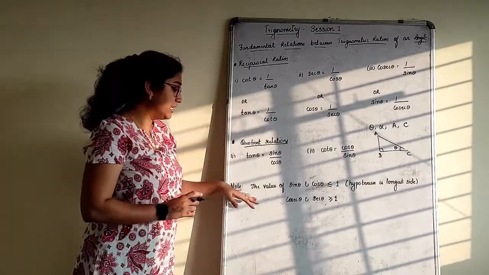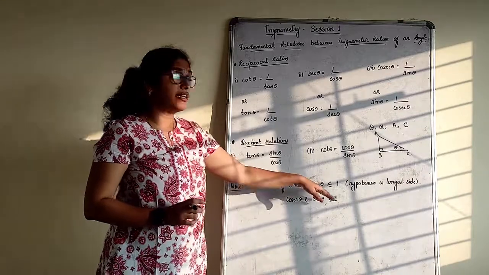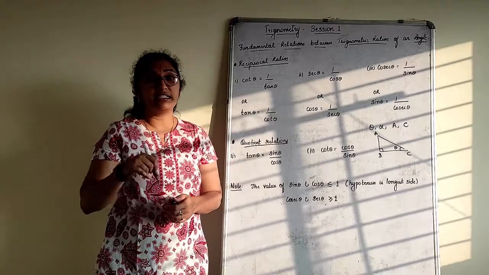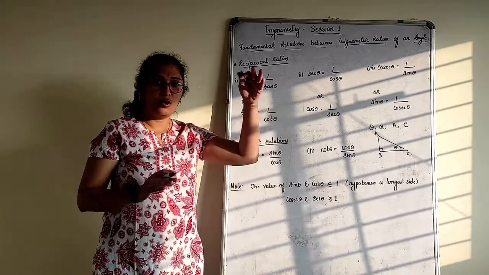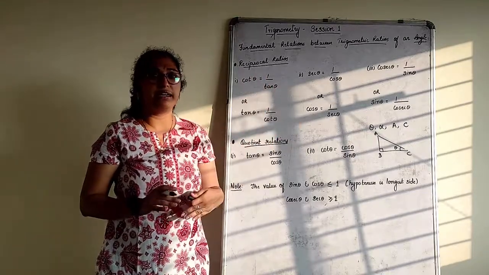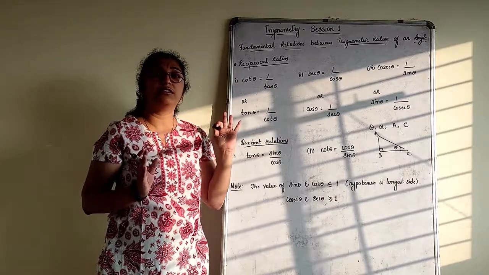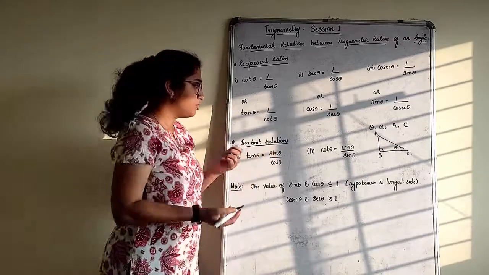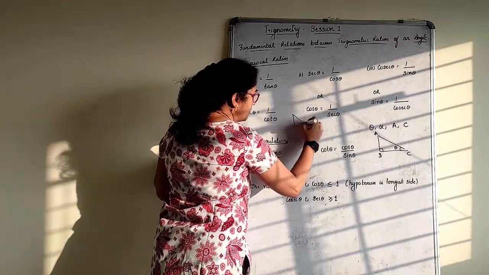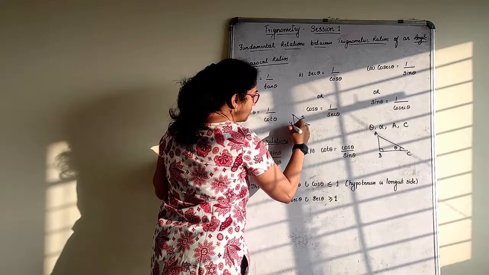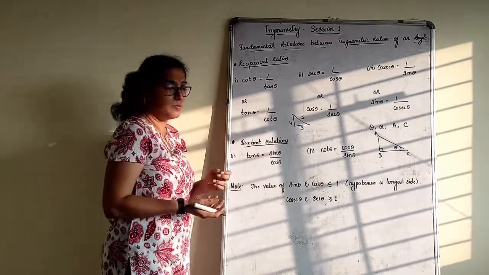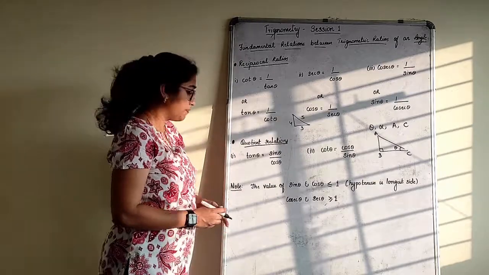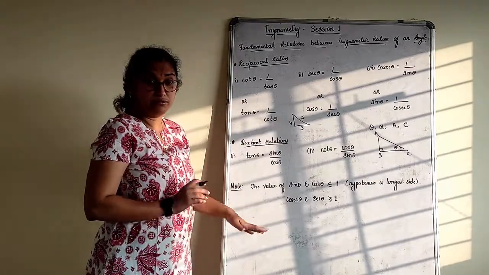One more important thing: the value of sin theta and cos theta is always less than or equal to 1. Why? Because it is always divided by the hypotenuse. Opposite by hypotenuse, adjacent by hypotenuse. That's because the hypotenuse is the longest side. Anything you divide by the longest number gives less than 1. If I say 3, 4, 5 is a Pythagorean triplet, 4 by 5, how much do you get? Less than 1. 3 by 5, you get less than 1. It is a general fact. Or it can also be equal to 1.